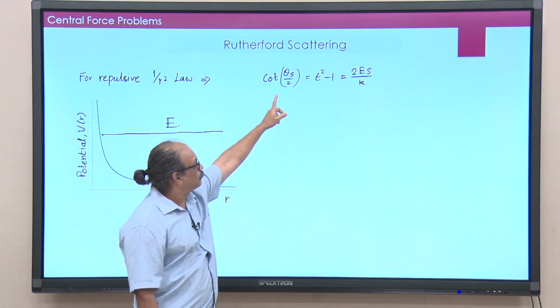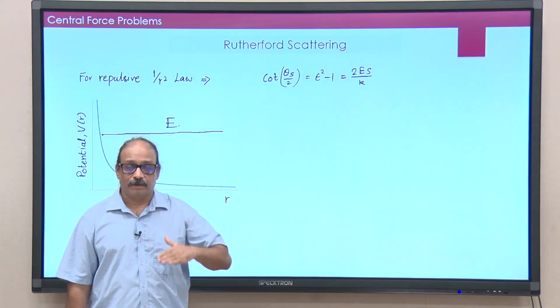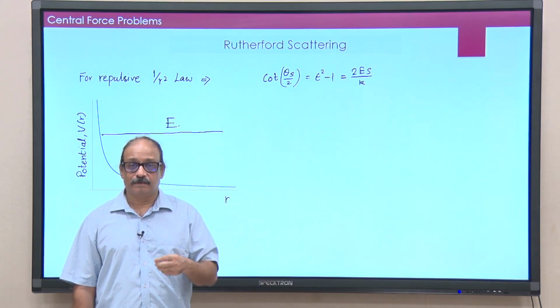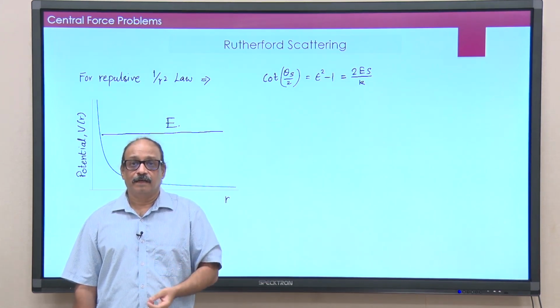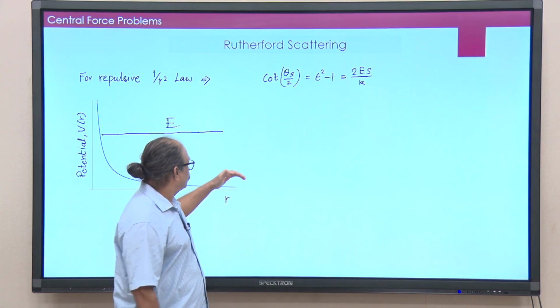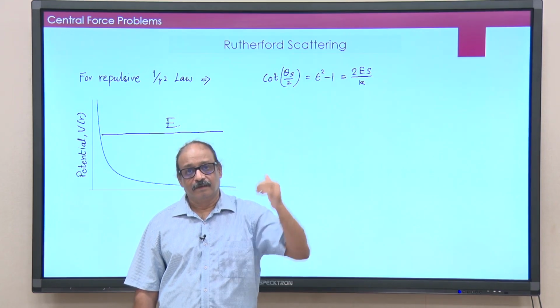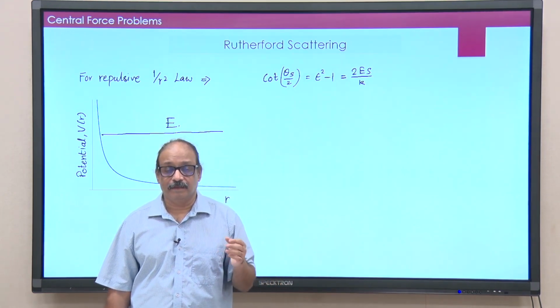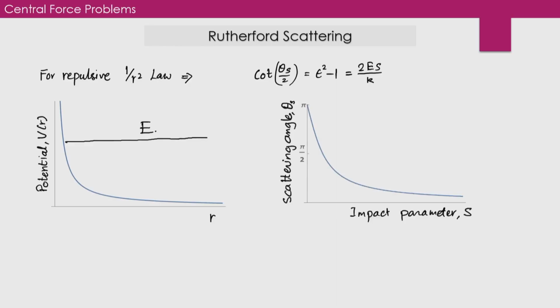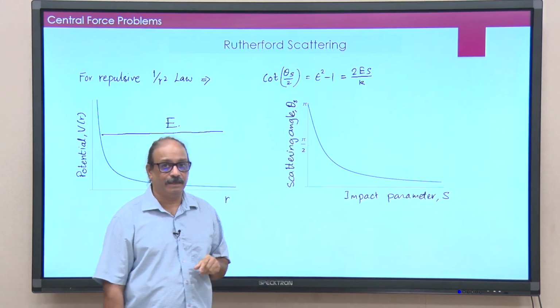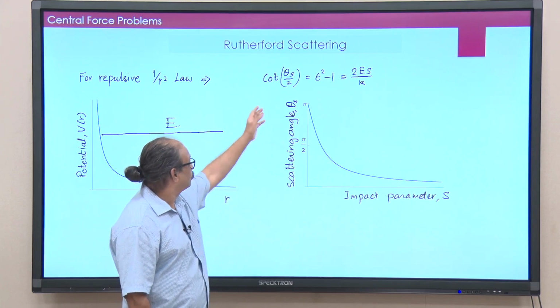And you look at this variation of theta s. For smaller impact parameter, back scattering: the angle of deflection, or scattering angle, is almost equal to pi. When the impact parameter is very large, very far away from the scatterer, there is minimal deflection, which means the scattering angle would be 0. So here is the formula, I can always plot this theta s versus impact parameter s, and you can see that the curvature is something like this. Okay, this is for this problem.